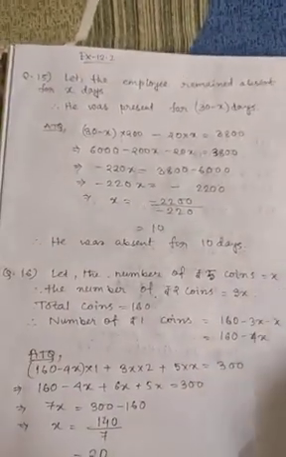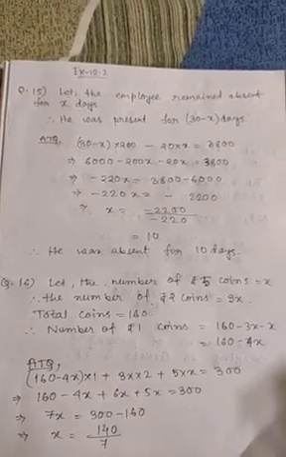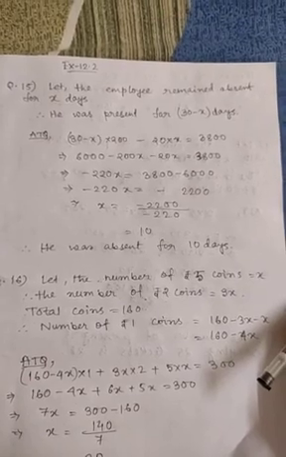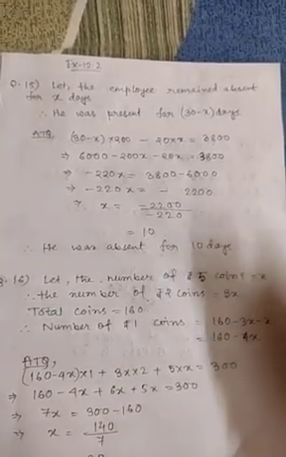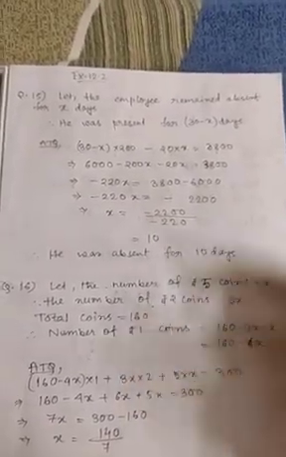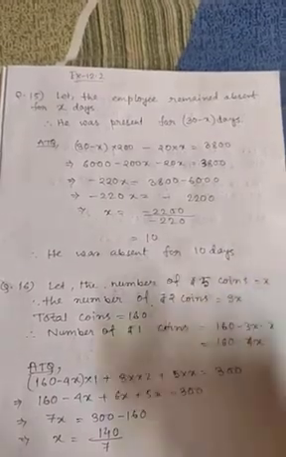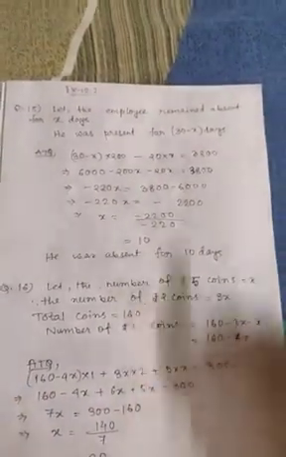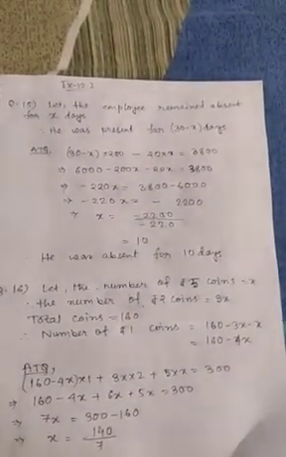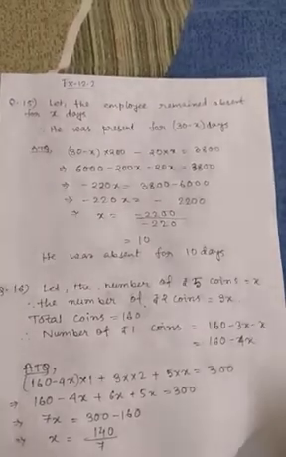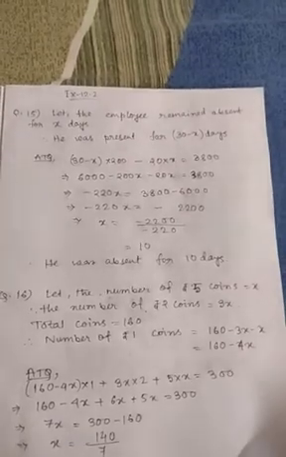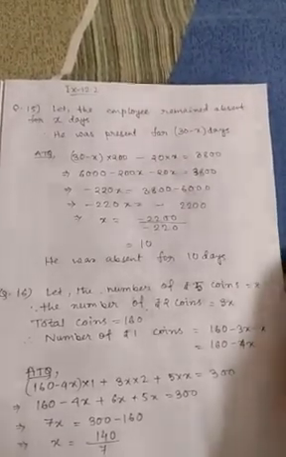Question number 16 is: I have a total of rupees 300 in coins of denomination rupees 1, rupees 2 and rupees 5. So I have a total of rupees 300, and that rupees 300 is in the denomination of rupees 1 coin, rupees 2 coin and rupees 5 coin. And one condition is given, that the number of rupees 2 coins is 3 times the number of rupees 5 coins, and the total number of coins, how many coins are there in total? 160 coins. So how many coins of each denomination are with me?